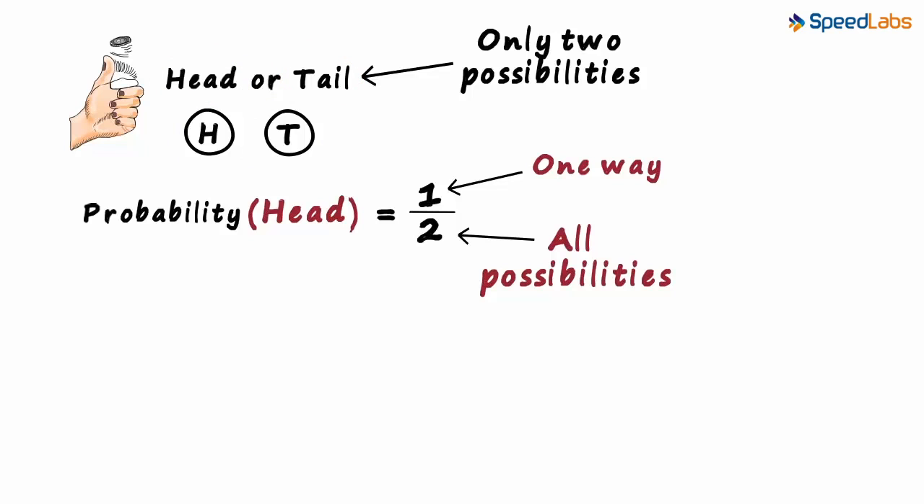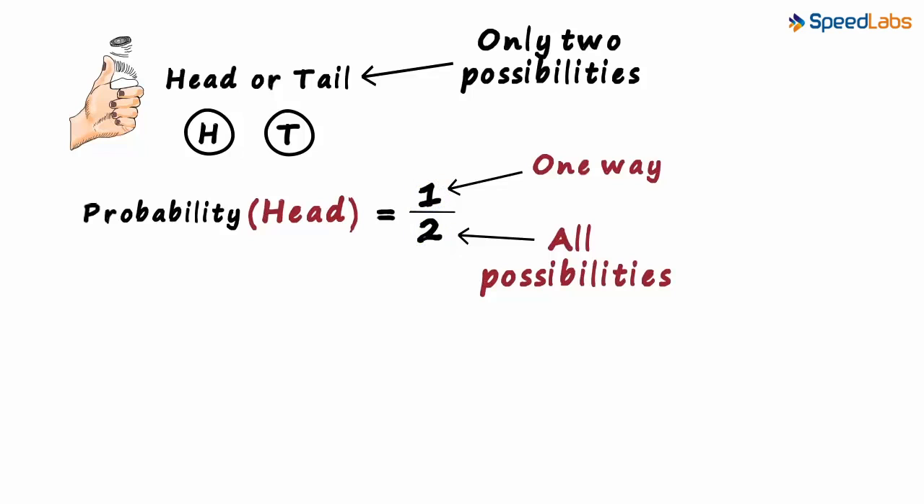This tells you that out of the two possibilities, there is only one way in which this event can occur. So the probability of a coin landing a head is 1 by 2, which is 1/2. This is a fraction and can also be written in decimal form as 0.5. The numerator tells you the number of ways in which an event can occur, and the denominator is all possible